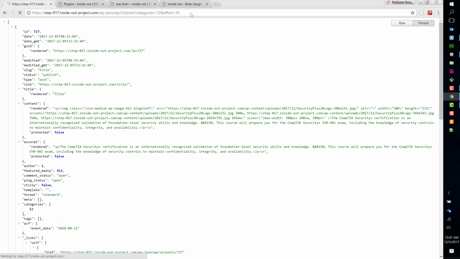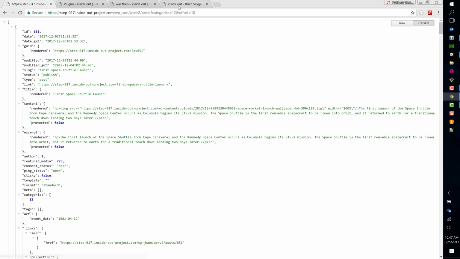Wait, see what happens here real quick. You see that my ID changed to 651. That's because it took the next 10, it took 11 through 20, and returned that to me as far as